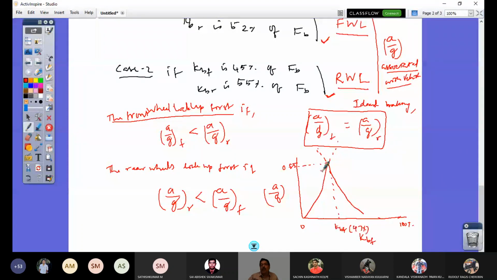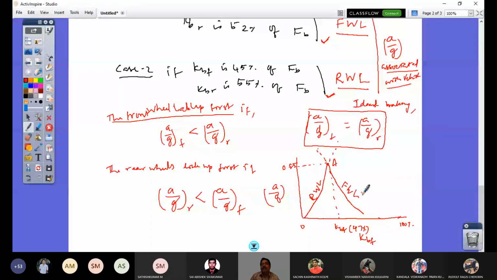So this line, solid line O to A, is what is giving the boundary of rear wheel lock. This line comes from the expression. Analytically, I can get it. For that, I have to look at my free body diagram. Again, I have to derive the expression, which I have not done. I will do it in the next class. Right? So this is my rear wheel lock impending condition, or the boundary that if I have my braking force less than 47 here, that is going to be more pronounced for rear wheel lock. And here, if I have my distribution more than 47, that's going to favor front wheel lock.